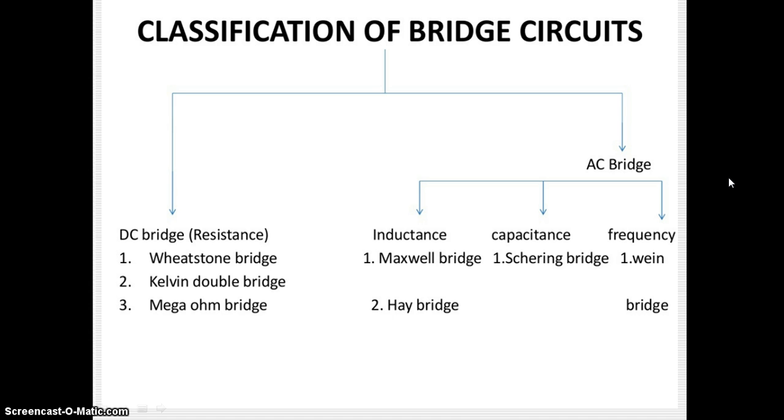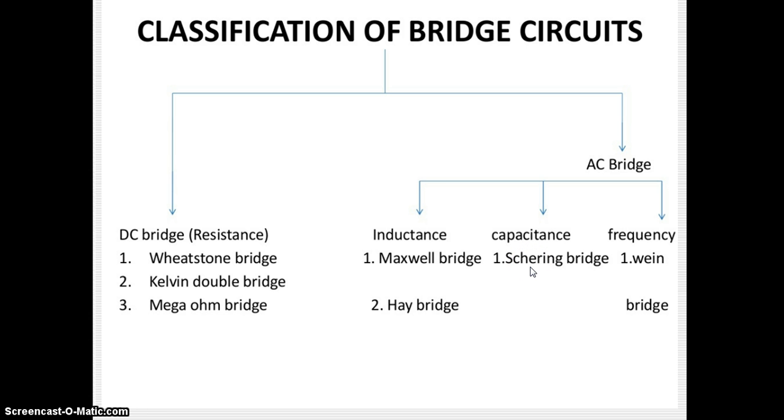Classification of bridge circuits: they are classified into two types, AC bridge and DC bridge, in which AC bridge depends on inductance, capacitance and frequency, while DC bridge depends on resistance. The AC inductance bridge circuit is classified into two types, Maxwell bridge and Hay bridge. The capacitance AC bridge circuit is classified into one type, that is the Schering bridge. Only Schering bridge